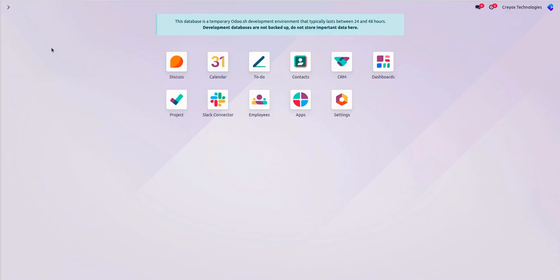Hello, so in this video I will demonstrate the flow of our module, Slack Connector. After installing our module, you will be able to see the app in your Odoo database, that is Slack Connector. So what you need to do is first go to that app,